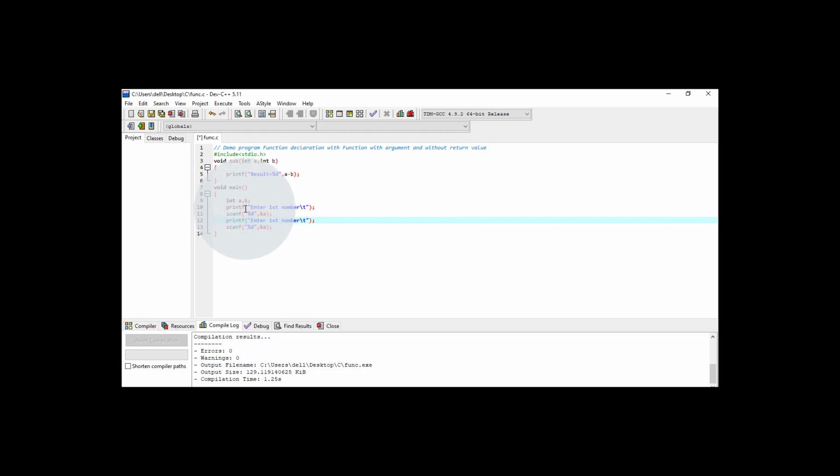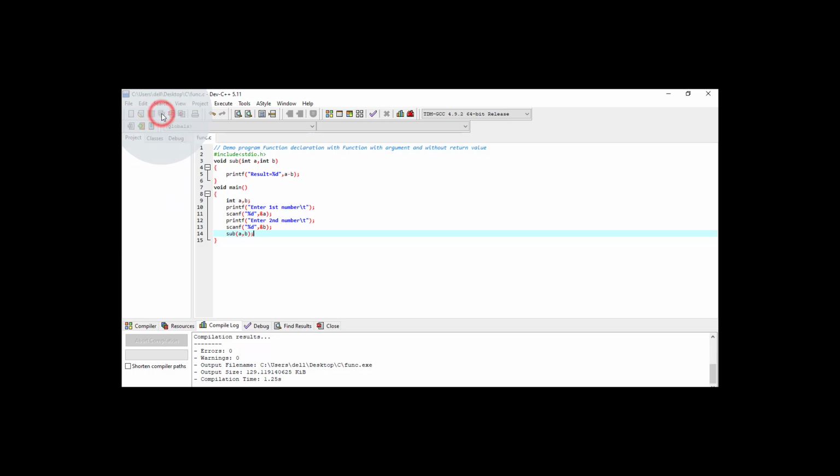You have to make the proper indentation of the program so it will be more readable. And here I put the text "enter second number", and make a small correction over here to the variable b. So the first value will be assigned to the variable a, and the second value is assigned to the variable b. And here we have to call the function. The name of the function is sub, and it will take two arguments of integer type. So I'm passing one argument as variable a and the second argument as the variable b, and here we put the semicolon. So our program is complete.